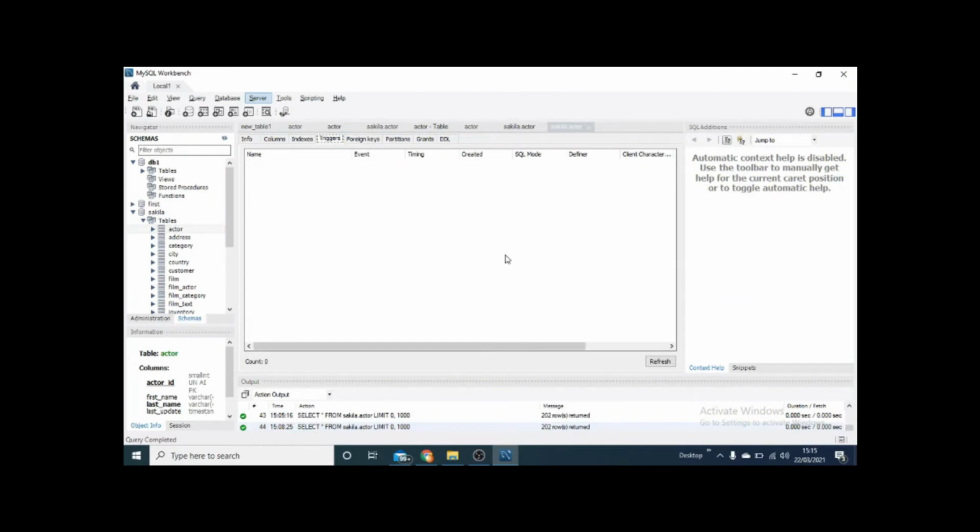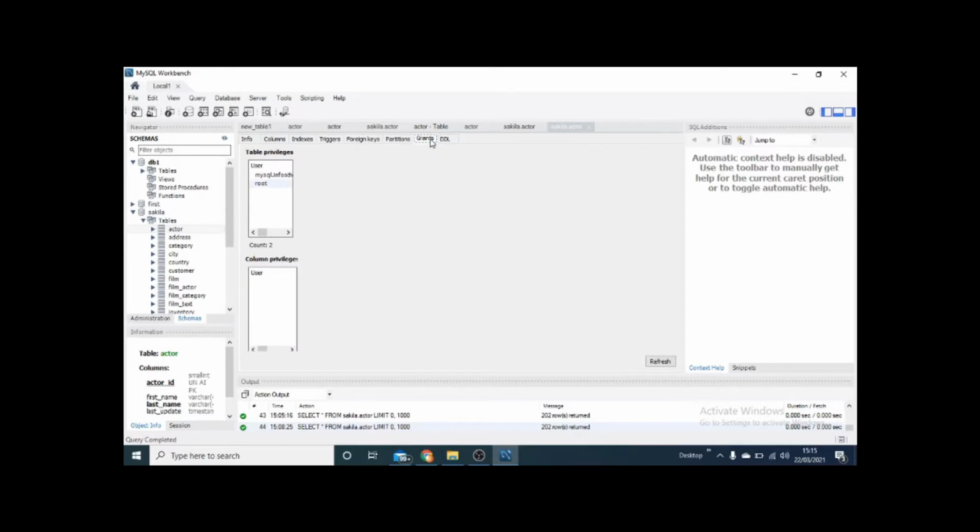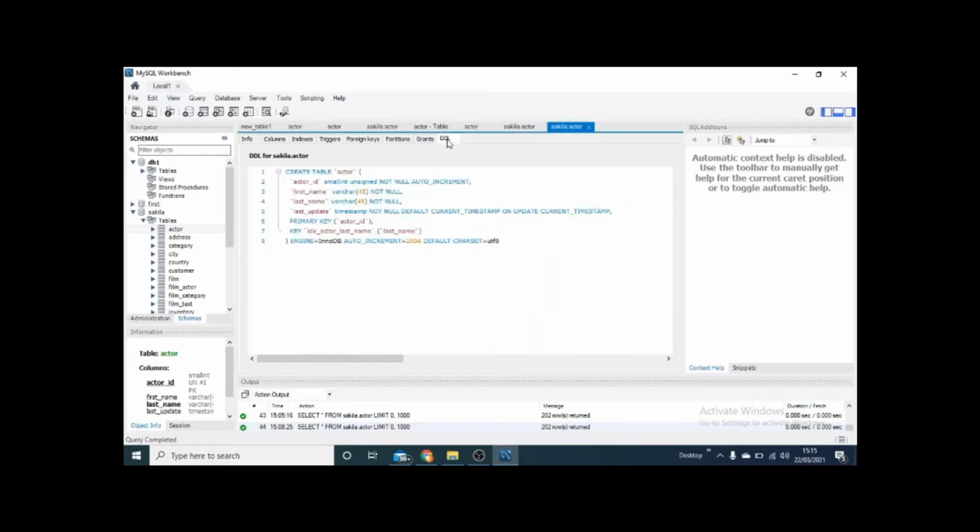All right. So in continuation with the last discussion, we have seen the information about triggers on a given table. Now, if you go to the next step, that's the foreign key tab, which is going to tell you whether there are any foreign keys applied on the table or not. Currently, there is no foreign key applied. Then, whether there are any partitions on the table or not, that is something that will be given by this tab. Then grants. It is going to give you information about the privileges, and then DDL.